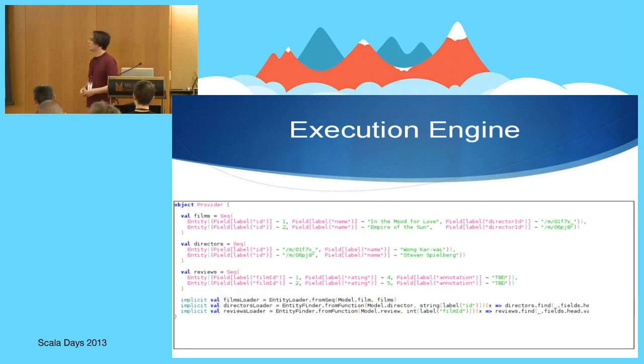some type classes which I created to work with the execution engine, so that the execution engine can find the data. There are two type classes, which are entity loader and entity finder. And here I have just an in-memory representation of the entity. Ideally, this kind of thing should be replaced by a nice integration layer with Slick or with web services, for example, because in some cases some data are in your internal system, but you have some references to external systems. So we could easily create some type classes and combine them together to get the data needed.